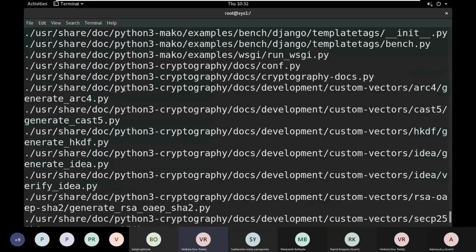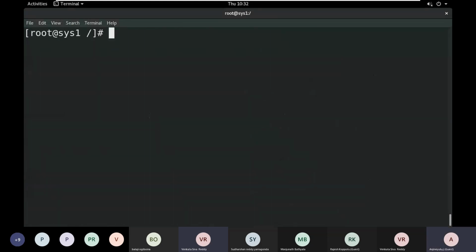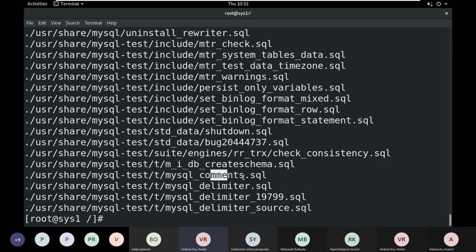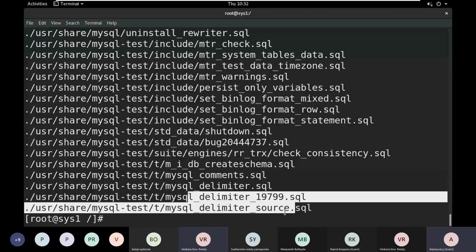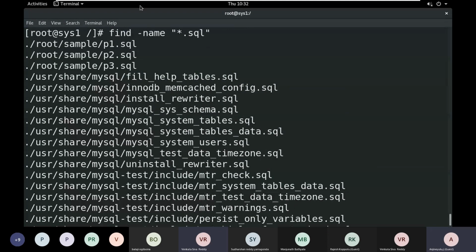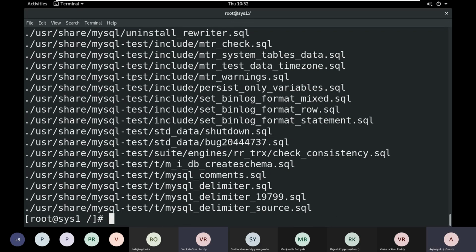Like that, for example, I want to find SQL only. Yes, SQL is there. Shutdown.sql is there. Then root sample p1.sql, p2.sql, p3.sql.